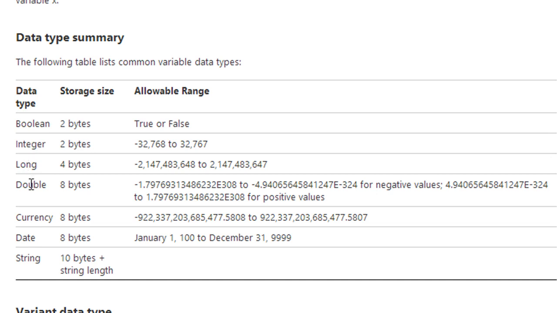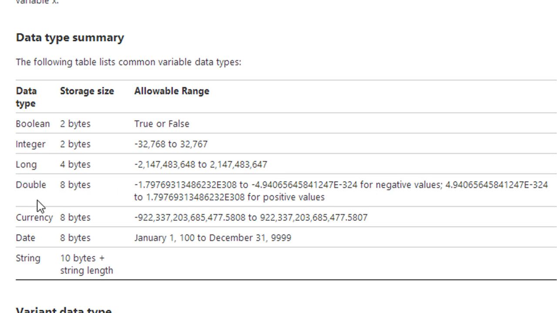if you want 2.5 to round up to basically be 3, you want to use an integer. Long and double. Well, a double is just a bigger number that can have decimal places. So oftentimes if you're using a number and you want it to be an exact number, not a whole number, you'll use double. If you want it to be a super huge number, as you can see here, this is from -2 billion all the way to +2 billion, so if it's a big number, you would declare it as long,